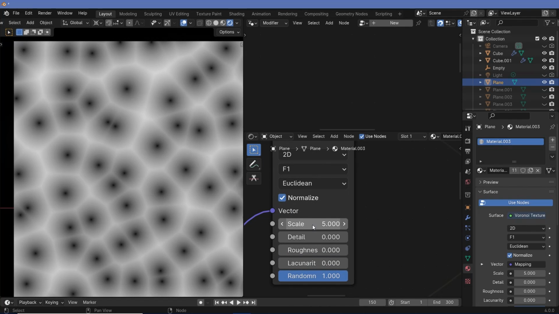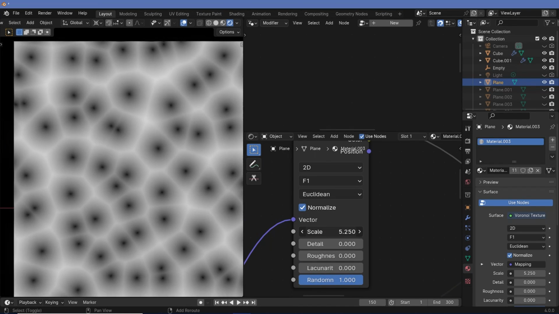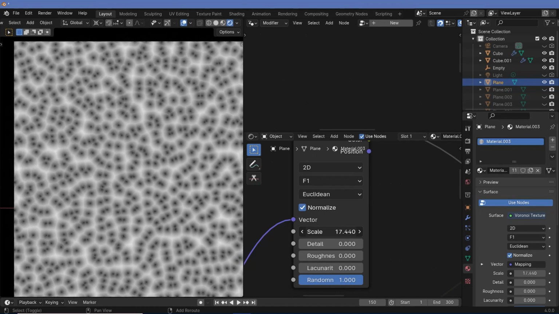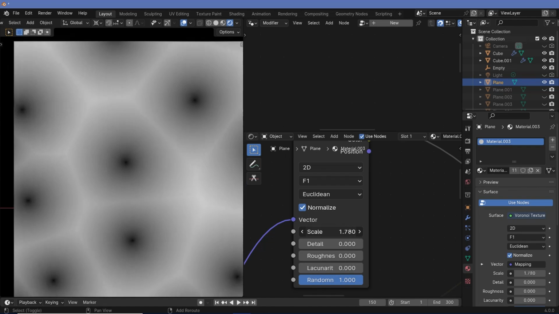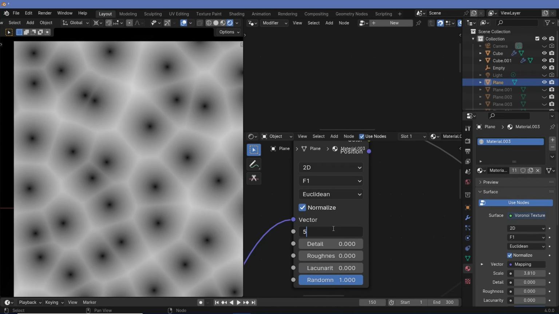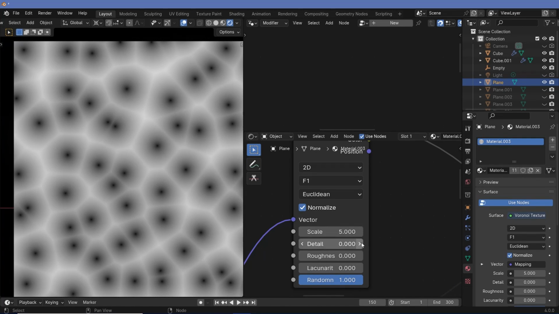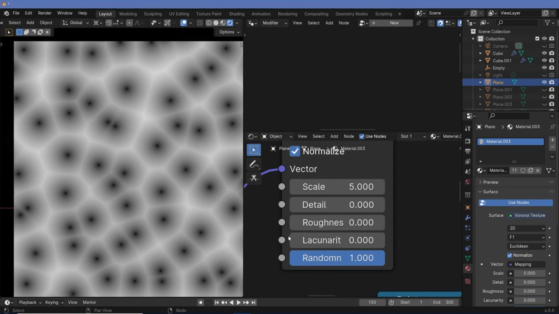The next is the scale, which again is generic for almost every texture, where you can actually scale up to give a zoom out effect, and we can scale down to create a zoom in effect. Now, exactly why that happens can be saved for another video, so again, let me know if you would be interested in watching that. The next three are probably the most important and the most misunderstood: the detail, the roughness,